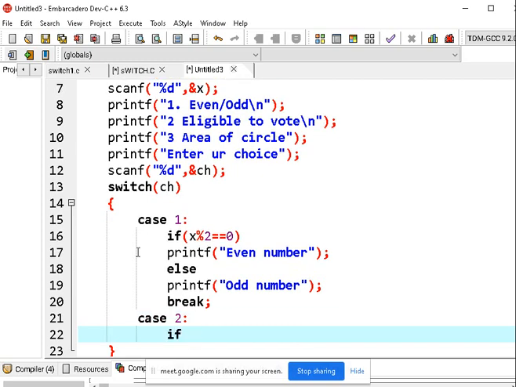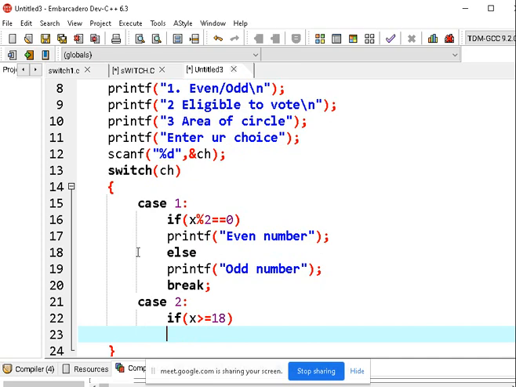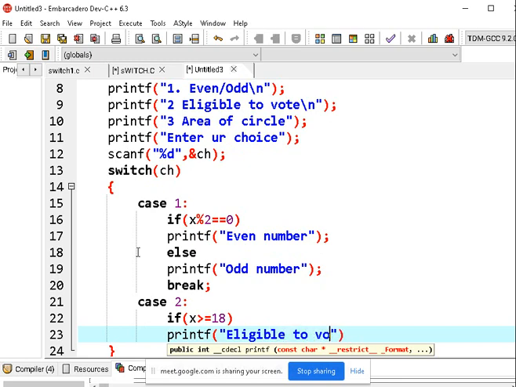So if that x is greater than or equal to 18, then printf double quotes eligible to vote.